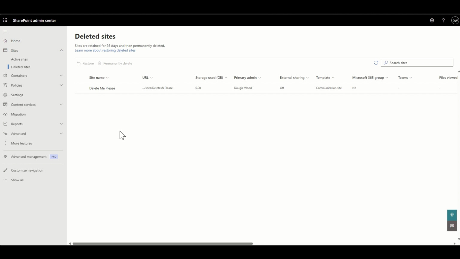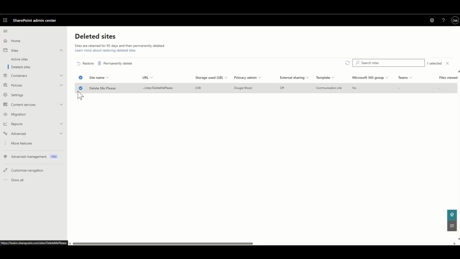So if something was deleted permanently, you could get it back from a third-party backup tool. Now, if I wanted to recover this, all I need to do is click on it and click on the Restore button. Now, you'll notice if I go to this site now, at the moment, it's deleted. It basically will say 404 file not found. It's deleted. It's gone. So any links that are pointing to this SharePoint site at the moment will no longer work. It will just say 404 file not found because that site technically has been deleted and it doesn't exist